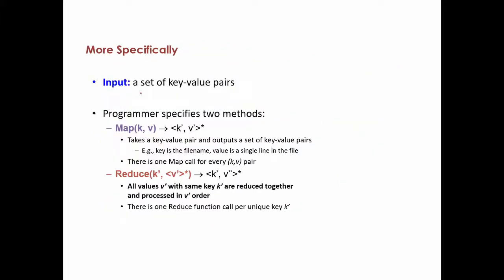I think I have described this already. A mapper takes as input a key value pair and produces 0 or more key value pairs. A reducer takes a key and a list of values and produces a key and a value, again 0 or more keys or values. A reducer may also not produce any output. So this is the logic behind MapReduce.